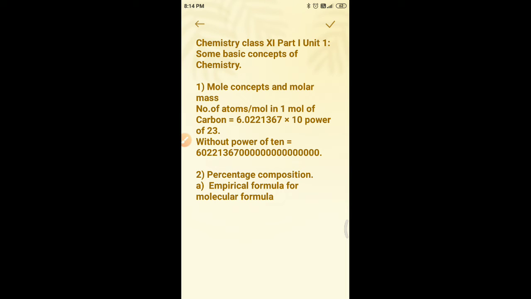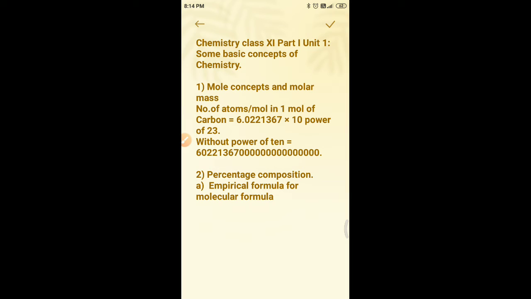71.65% of chlorine will become 71.65 grams of chlorine. So in this step we know how to convert the percentage to grams. Now in the second step, we have to convert the grams we found in the first step to the number of moles of each element. How do we find this?